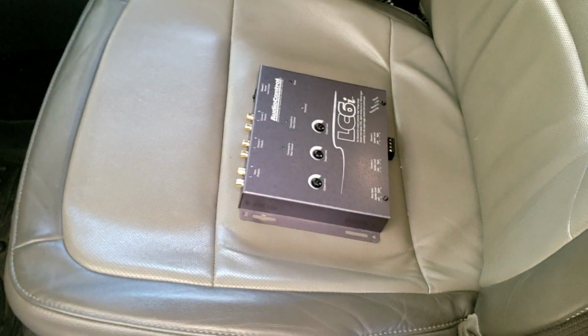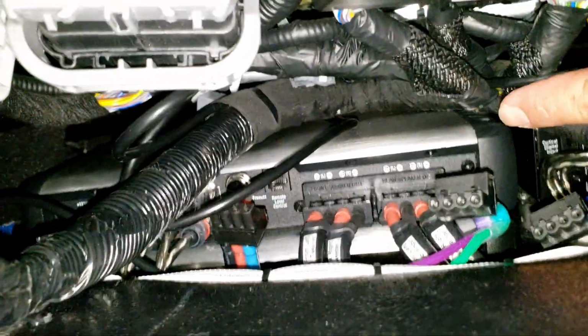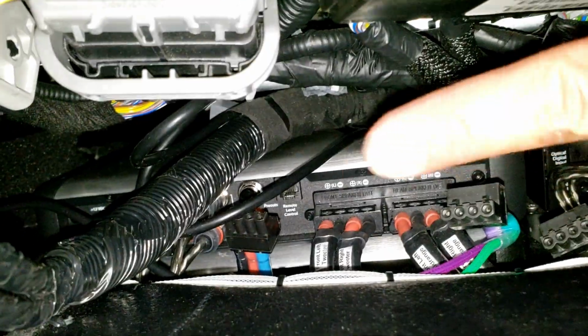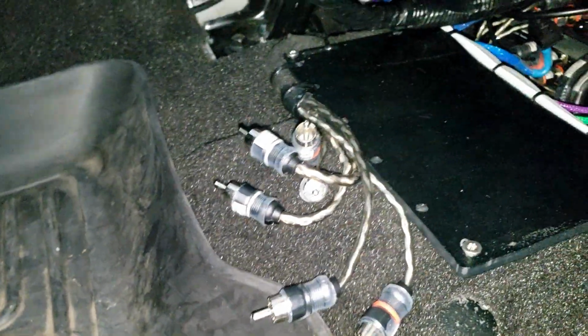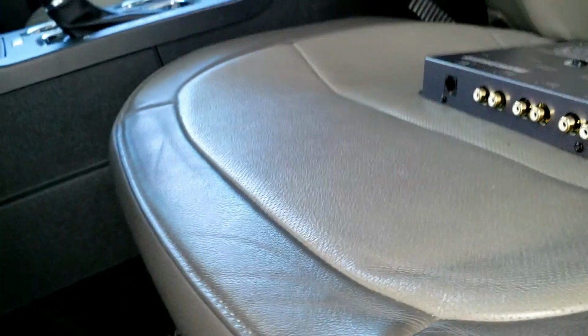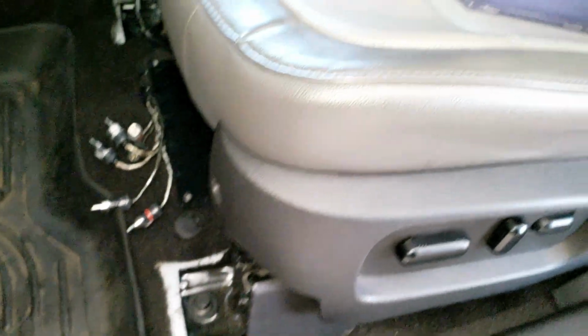So here's the Audio Control LC6. I took it off for a couple of reasons. Number one, when I was moving the seat forward, this wire right here was starting to push the Epicenter forward. And I had these wires right here zip tied down. I should have left them loose, because when I started moving the seat forward so that I could screw in the rear bolts, because these ones were already bolted on,